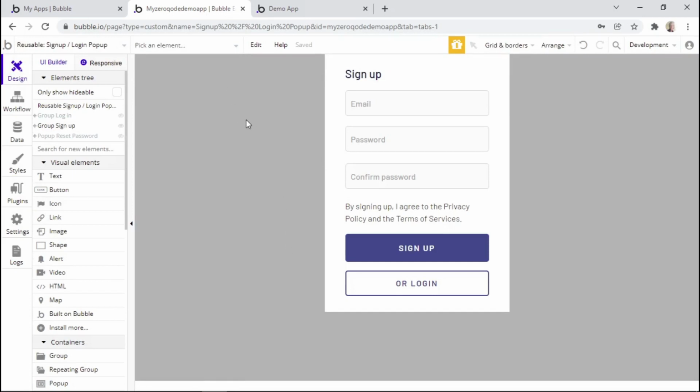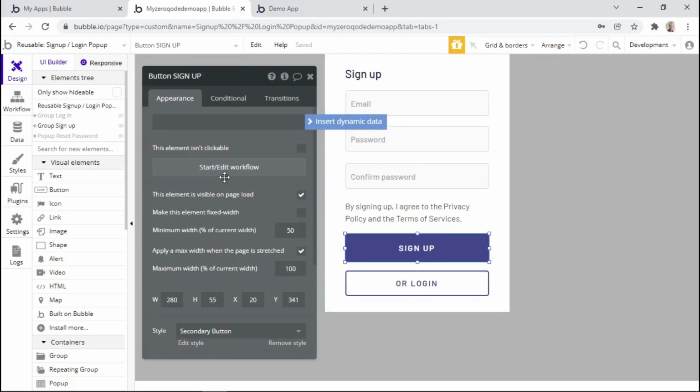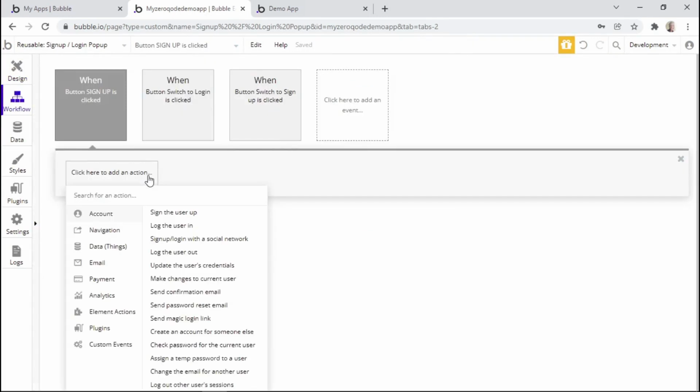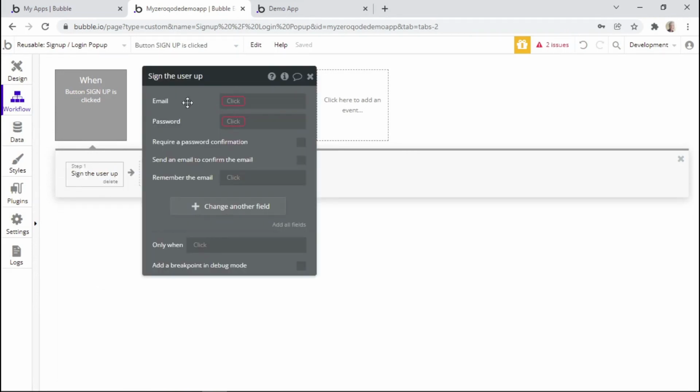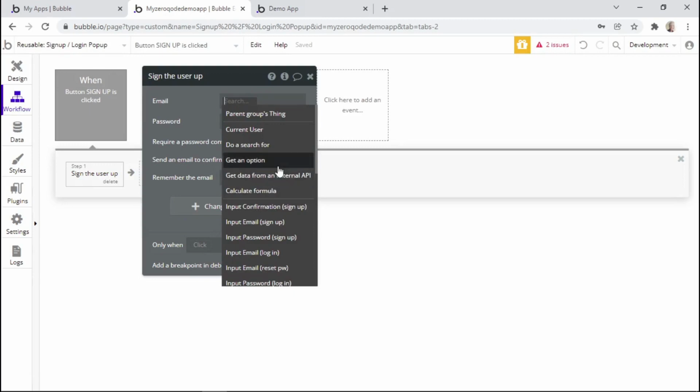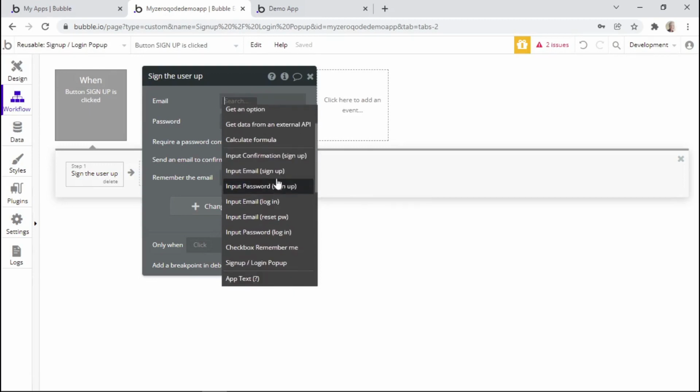And then now we can add some workflows in order to sign up the user. So we can click on the sign up button and then start or edit workflow. So an action that we want to use is called sign up the users. So you can find it under account, and it's this one that says sign the user up. So we can click to add it, and then it will require an email field as well as a password field. So we can click to add it, and we already have them here. So we can select input email, sign up,